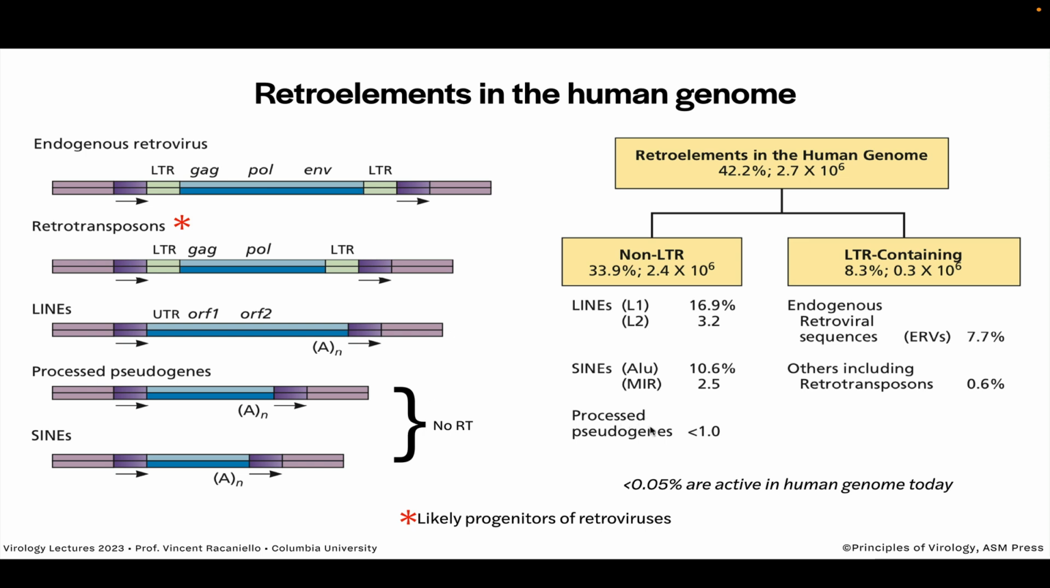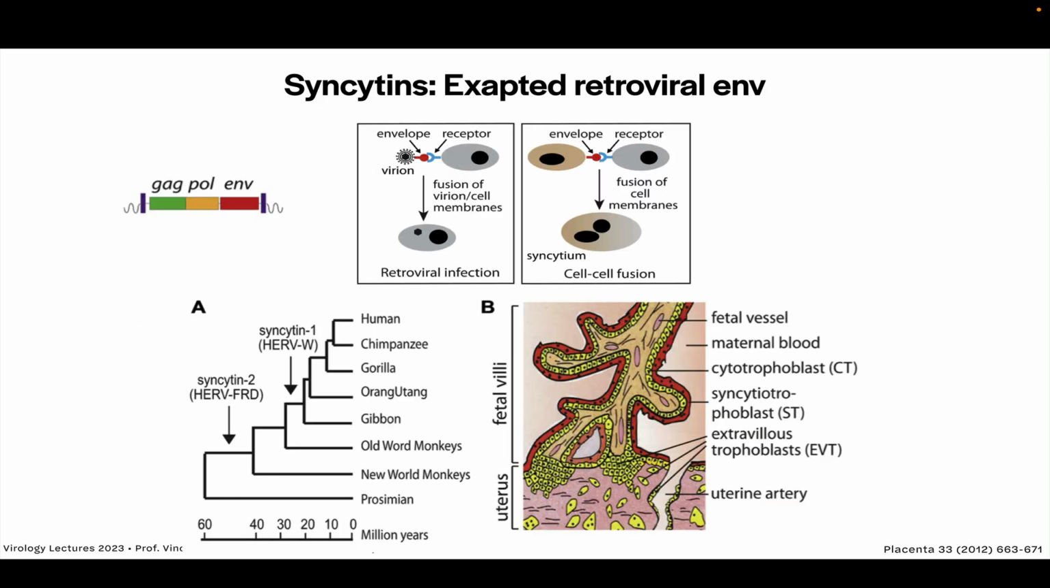Processed pseudogenes are less than 1%, and the SINEs are about 12% or so. So those are the retroelements in the human genome, and every species has its own kind of retroelements, and only about 0.05% of all these are active in the genome today, which means that they're being transcribed and making something. In a couple of situations,